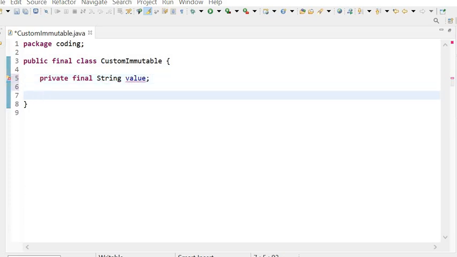We have declared this instance variable as final so that its value won't be changed once we have initialized it.